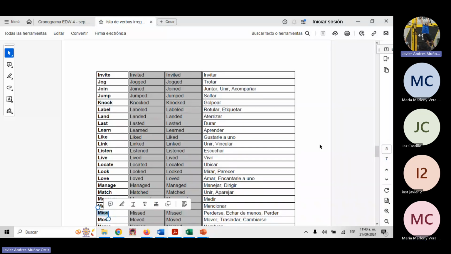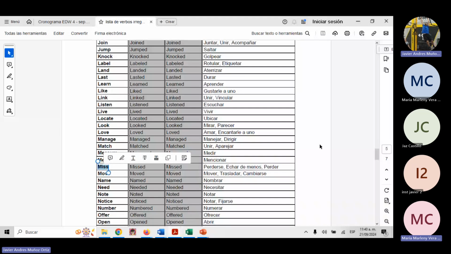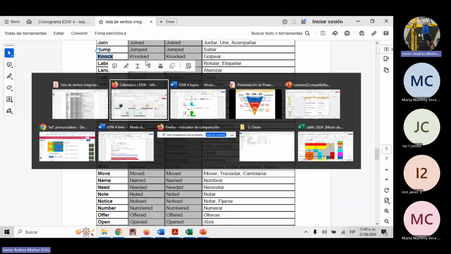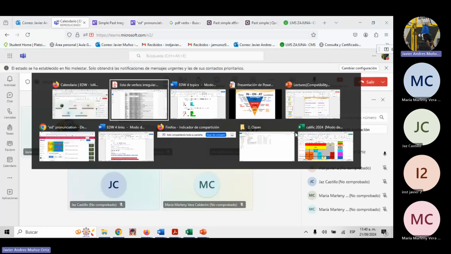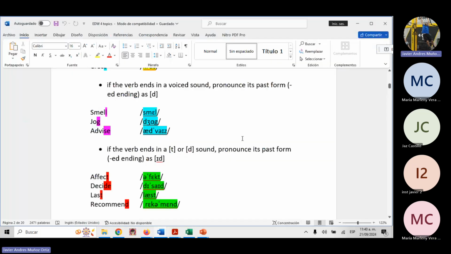Miss, there's no vibration, therefore the pronunciation would be missed. Note, the pronunciation for this verb in the past form would be noted, right? And the last example, let's go with knock. There's no vibration, so therefore the past form would be knocked, right? So this is something that we studied on Thursday. So if you need a recap, I recommend you check the